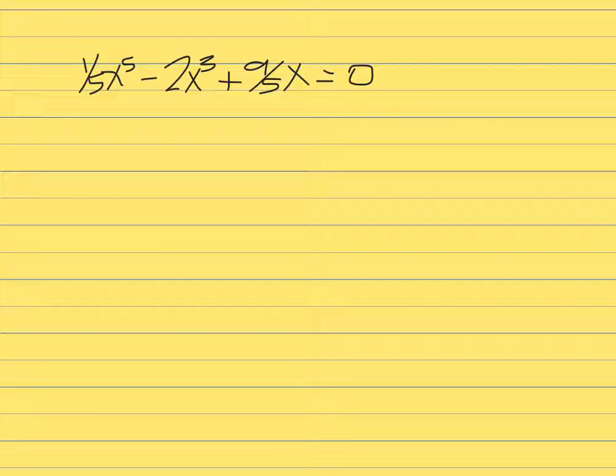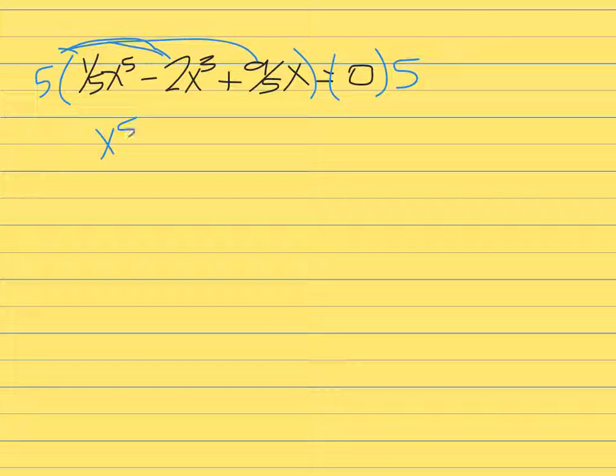rid of those fractions. So let's start off by multiplying both sides by 5. I'm allowed to do that as long as I do it to both sides, and I multiply it all the way through. So I'm going to distribute all three things. So I'm going to have x to the 5th minus 10x cubed plus 9x equals 0. The other thing that I notice is they all have an x in common. So I'm going to take an x out,